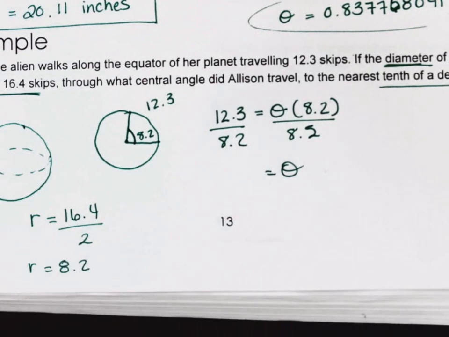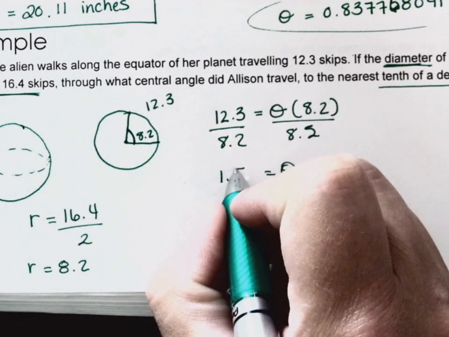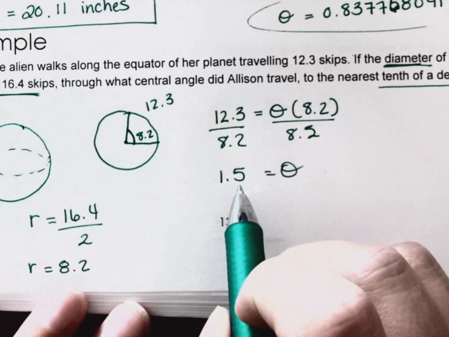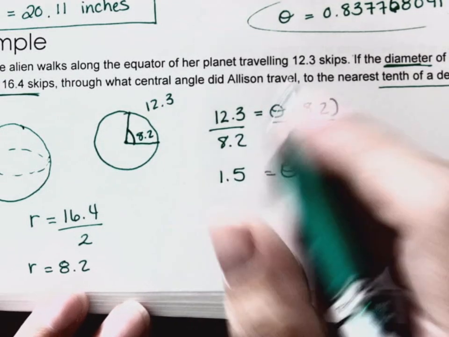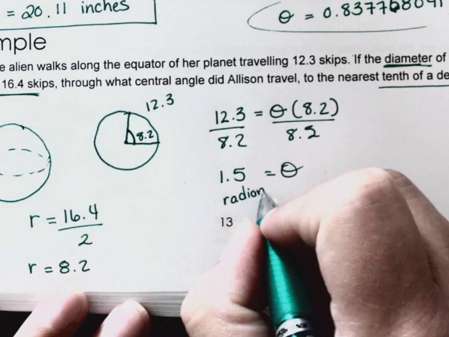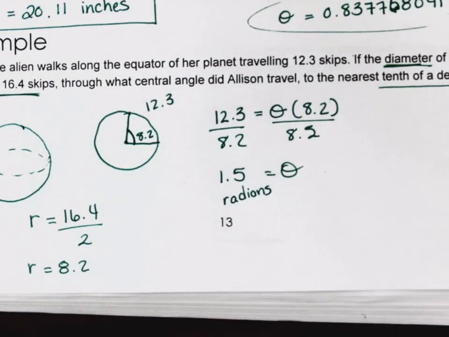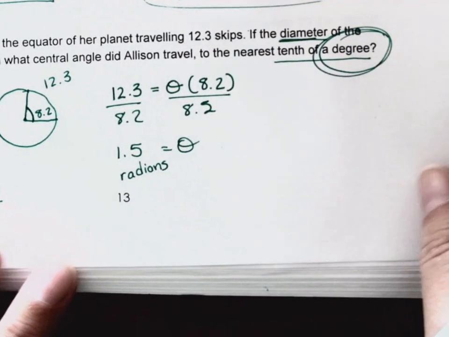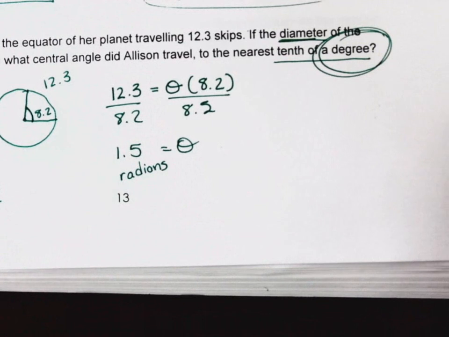And theta is equal to 12.3 divided by 8.2 gives me 1.5. And if you walk away from the question at this point, then you have done half the work. So keep in mind, in this formula, theta is measured in radians. You don't have to put this, but I'm going to write it in just because we're new to using radians, and it's always a good reminder that no units means radians. You'll never get in trouble for writing radians, but we want it in degrees. So if we want to convert from a radian to a degree,